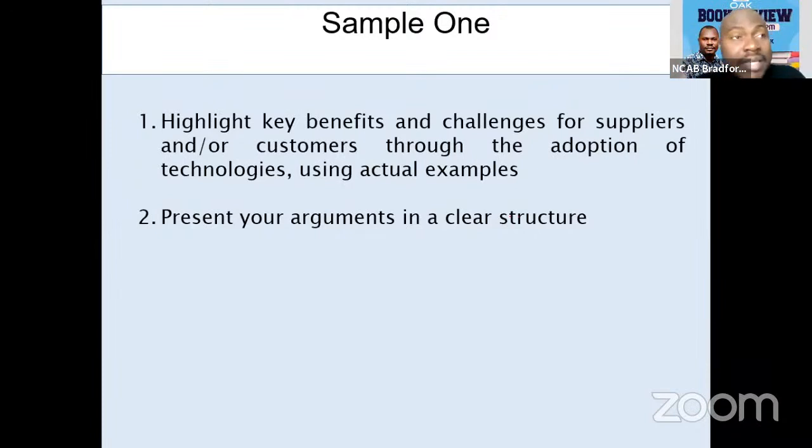Or you can look at the literature, where maybe an author mentions some of the key benefits. You can state that according to Kolawole 2022, he stated that these are the benefits of artificial intelligence. And this other author also mentioned some of the benefits of artificial intelligence. So in this case, you can see that we have a structure already.